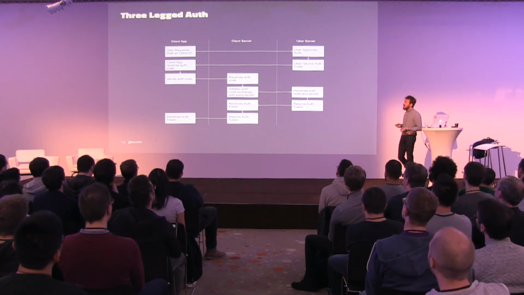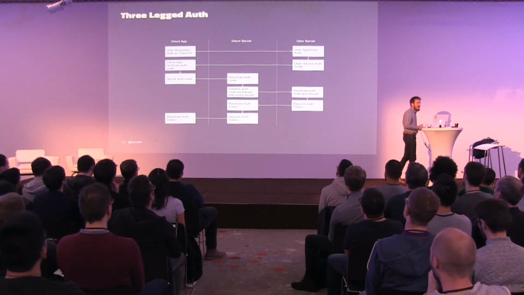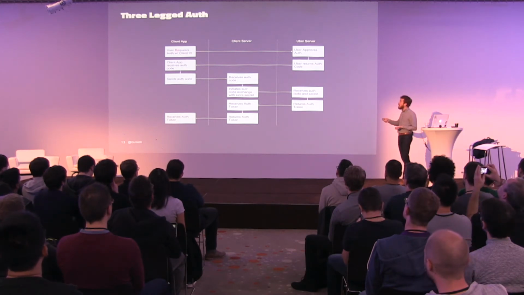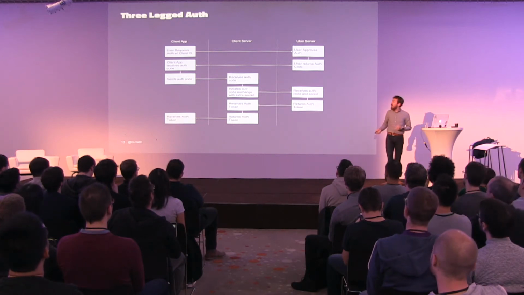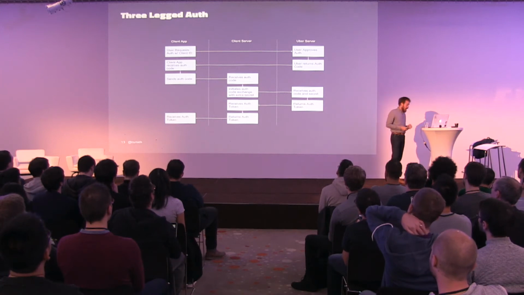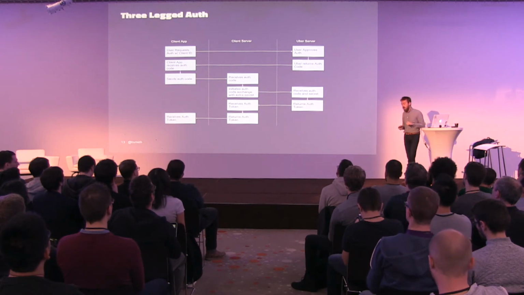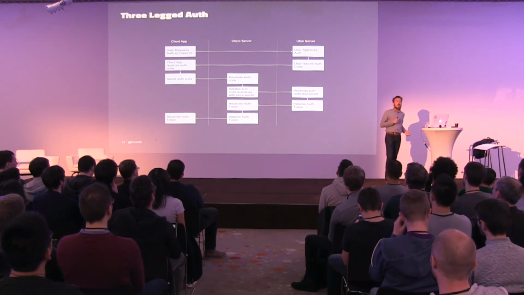And so traditionally, that's done through a concept called three-legged auth. This is the idea that you have your client ID registered in your application here. And you're holding onto the client secret that was generated when you registered your app in a server, you, the third-party developer. And when the user initiates the authentication flow, the application loads it up in a web view, and the Uber server returns back an authorization code instead of